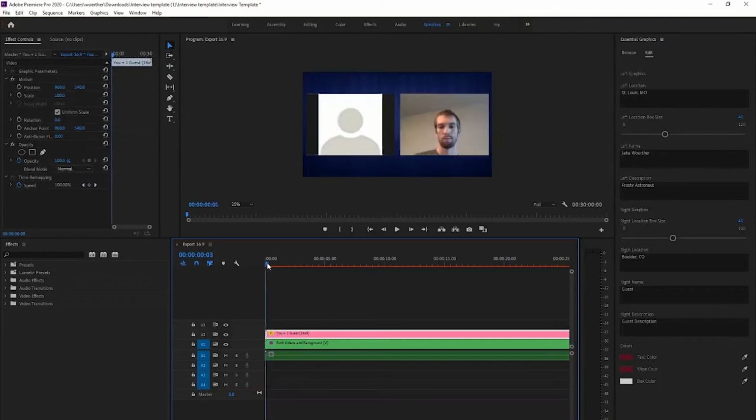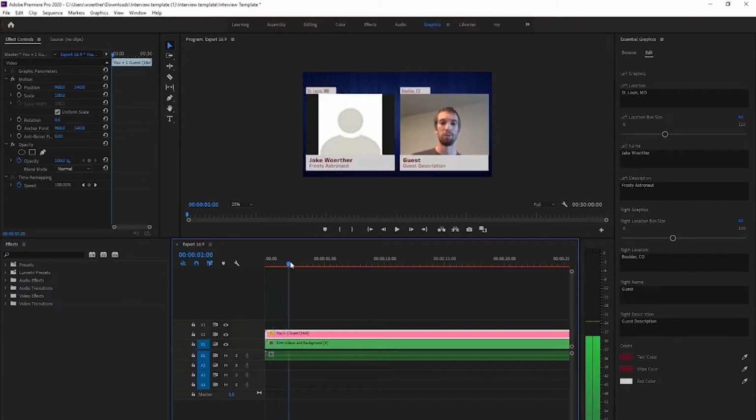There we go. Okay, so what's going to happen is these bars are going to pop up. They're going to animate and wipe on, and then we're going to have some information here. So it's pretty cool. It does all that for us just by dragging and dropping that in there. And then we can adjust the information on the screen. So you can see at the bottom of each window, there's a name and a description, and at the top, there's a location. So what we can do, if we're under this graphics panel and we have this layer selected,